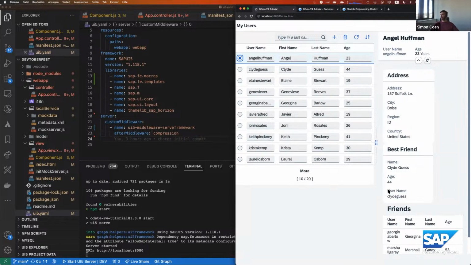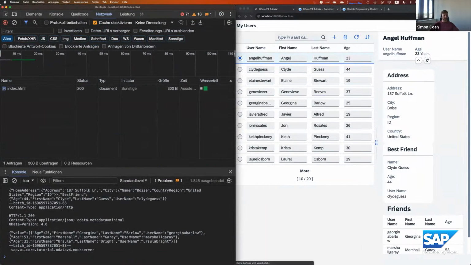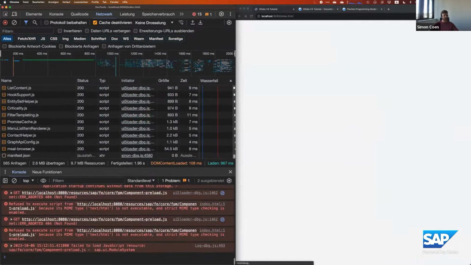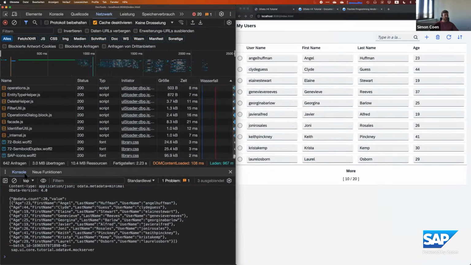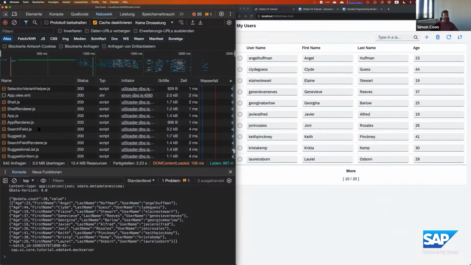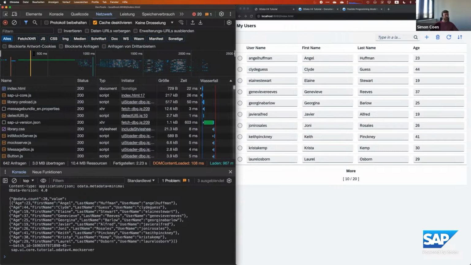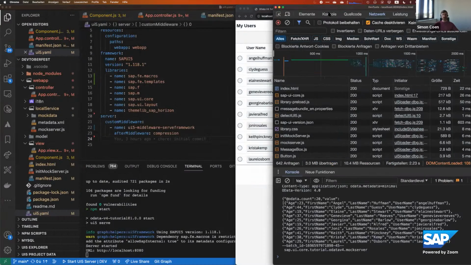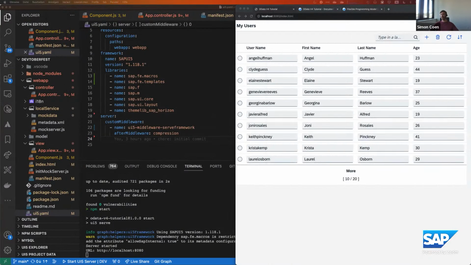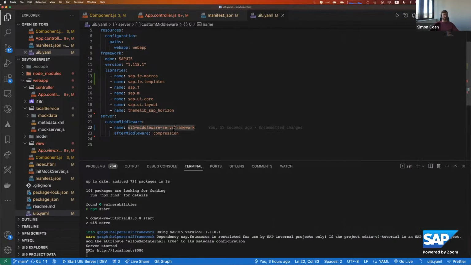Now, if we look at the network trace again, when we reload the application, it's already a little bit less because it loaded the preload things. It's not the perfect solution, but maybe it helps some of you folks. Okay,